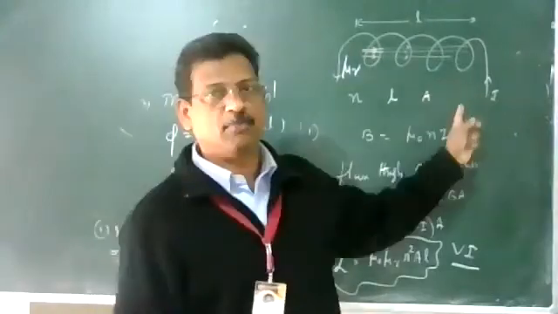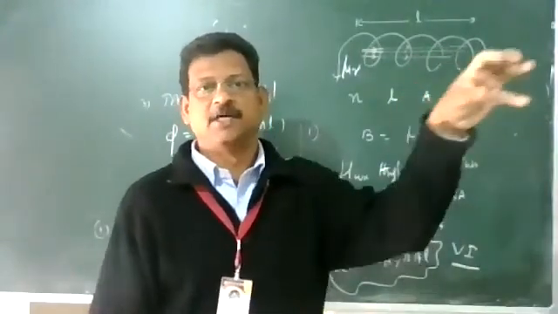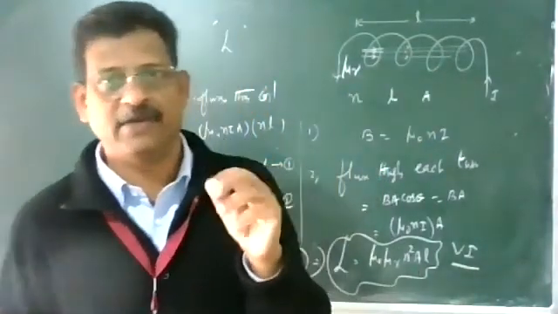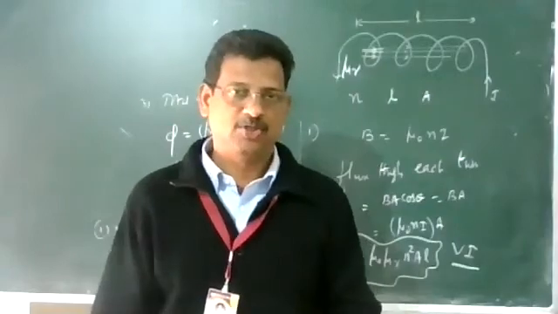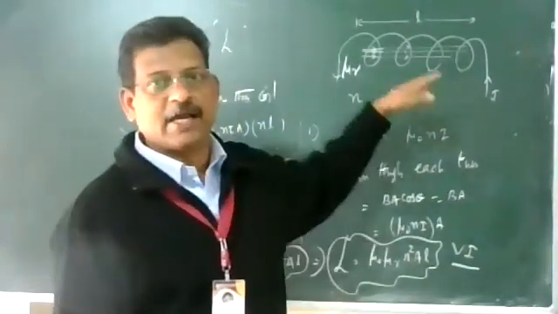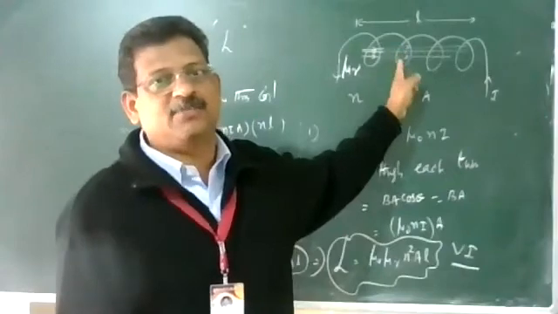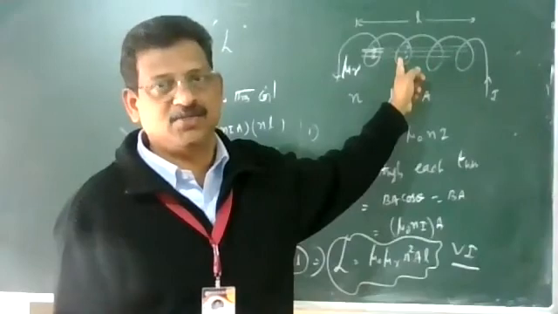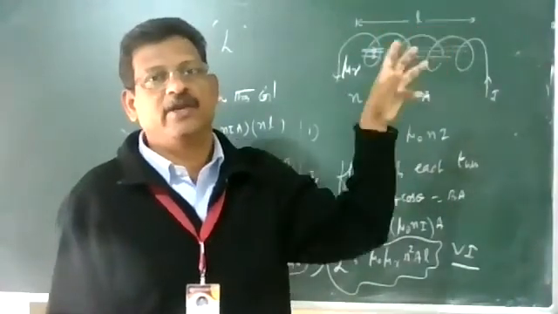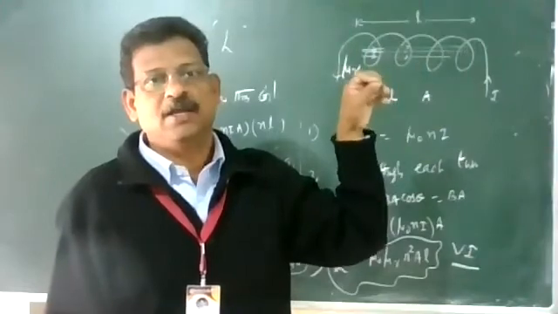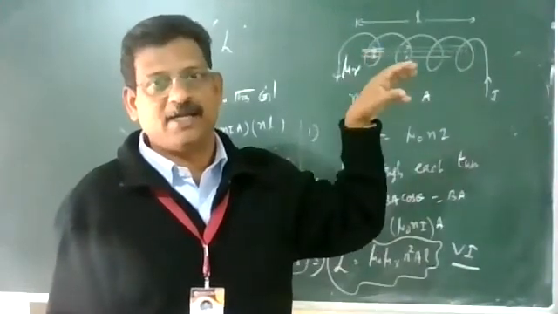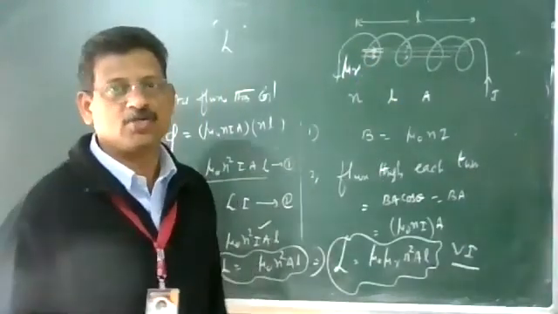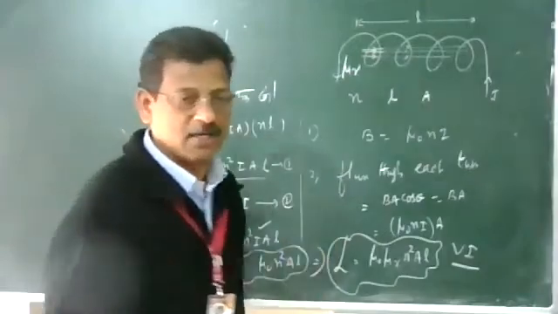Okay, next important point: in the case of a capacitor, when you charge the capacitor, a device used to store electrostatic energy, we have derived the equation half C V squared. Similarly, when a current is flowing through a coil, magnetic energy is produced in this coil. What is the expression for magnetic energy? Just like half C V squared, we derive the equation for energy stored in a coil in the form of magnetic energy. When a current I is maintained, it is half L I squared. We are going to derive this equation, very important.